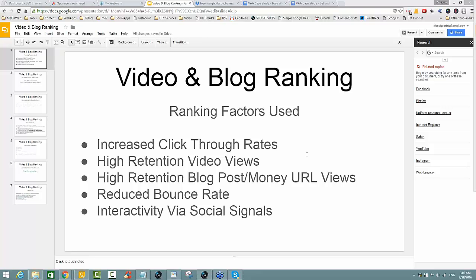Okay, so what we're going to cover is how we can use Vid Attack Alpha to increase click-through rates, to get high retention video views,